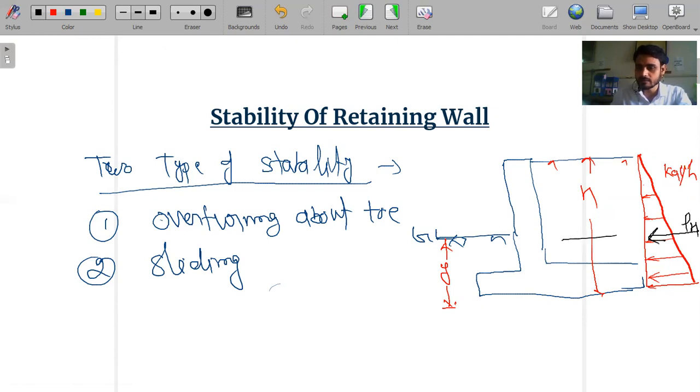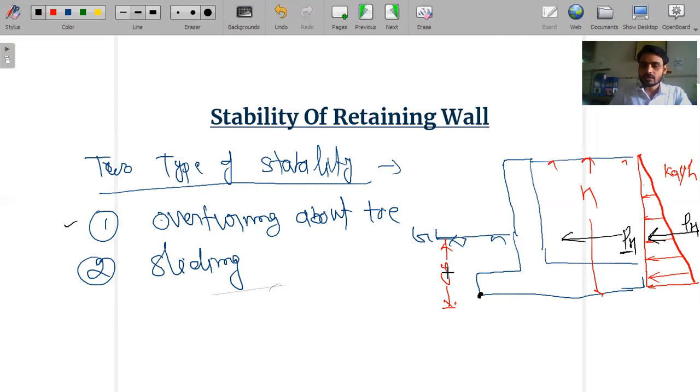Okay, that will be the resultant horizontal thrust, which will act on the stem of the retaining wall. And due to this horizontal thrust, the retaining wall may overturn about the toe. About that point, due to this horizontal thrust, the retaining wall may overturn. So we have to ensure the stability against the overturning effect due to this horizontal thrust, and